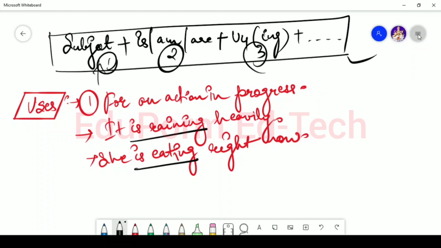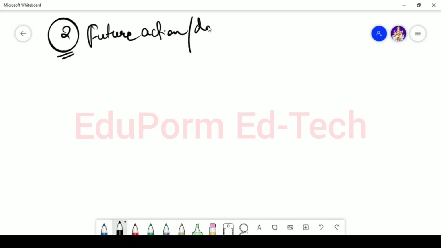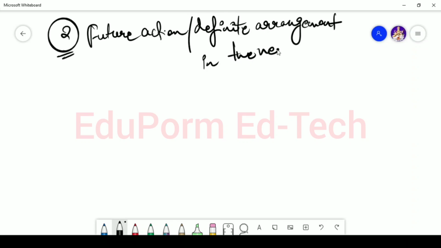Now let's talk about the second use. What is the second use? When you talk about any future action or a definite arrangement, means any event which is defined, it will perfectly happen. Whenever you talk about any defined event which is going to take place in the near future, so when you're talking about any future action, or a definite arrangement in the near future. For example,